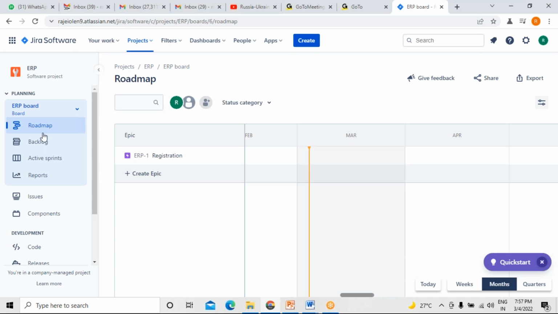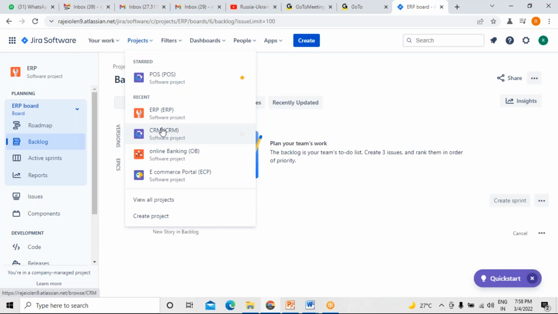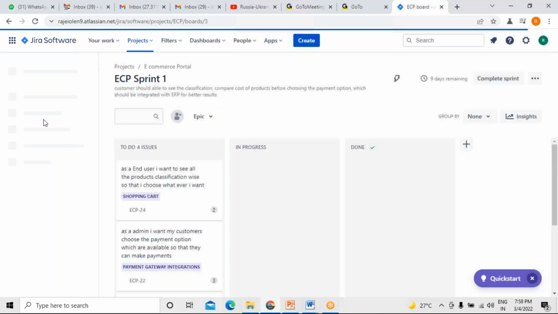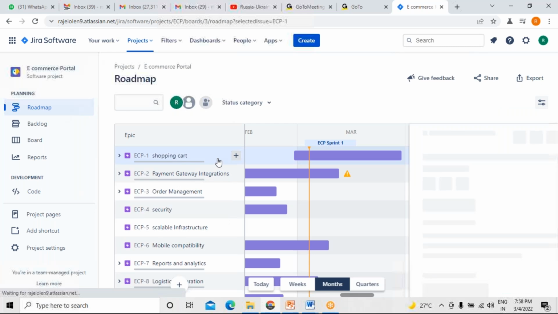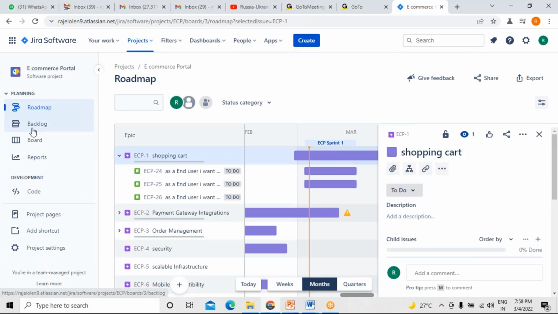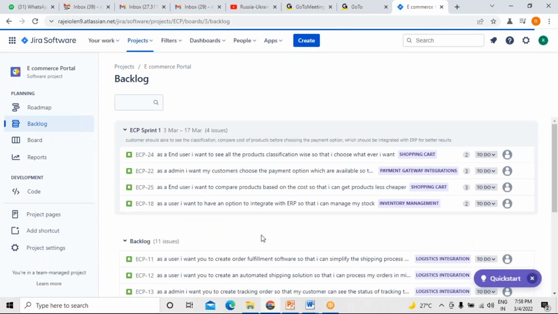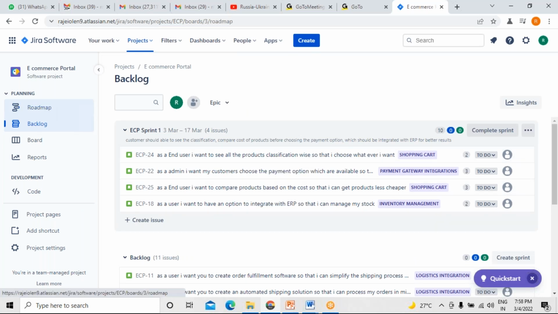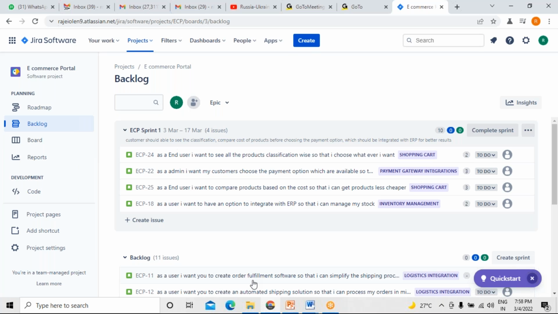Whenever you are going to the backlog, see, I can show you other projects. For example, if you go to my e-commerce portal, you can see here there are different roadmaps. For the roadmap, we have created epics. Each and every epic has different user stories. All the user stories are in the backlog. From this backlog, we created a sprint and uploaded the user stories. Now few more were added. Again, we are adding in the roadmap, and automatically those get reflected in the backlog itself.